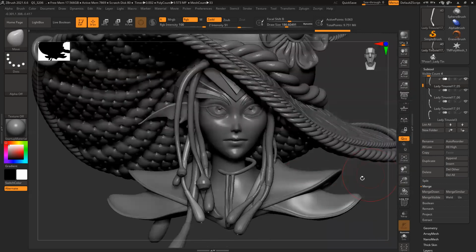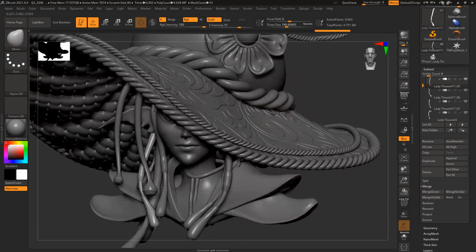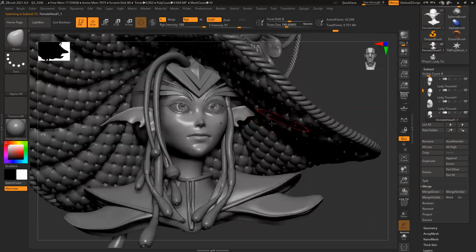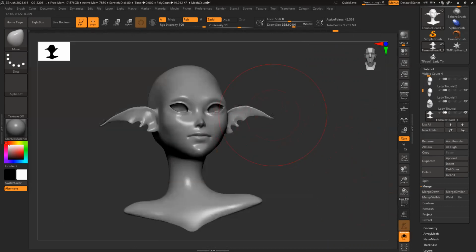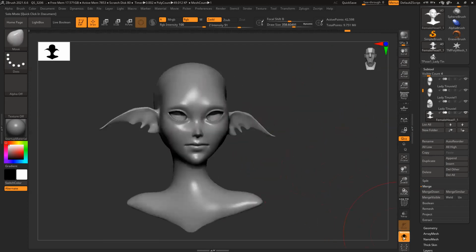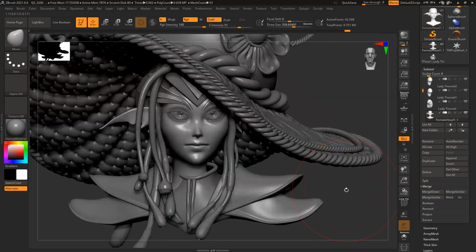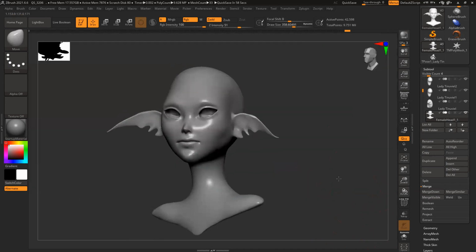Okay, let's make everything visible now. So ears are not intersecting anymore. And only one thing I can see here is this ear? Yes, slightly intersecting here. So I have to push it down so that it should not intersect. Now it's fine. So those are things you have to keep in mind, like nothing should intersect.